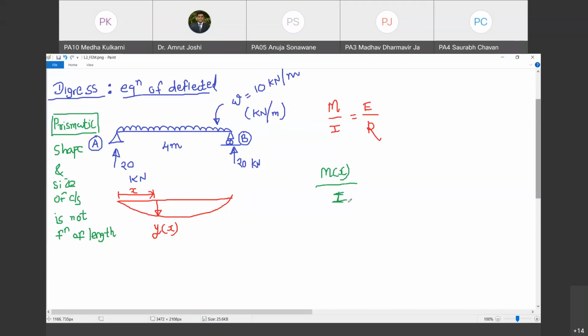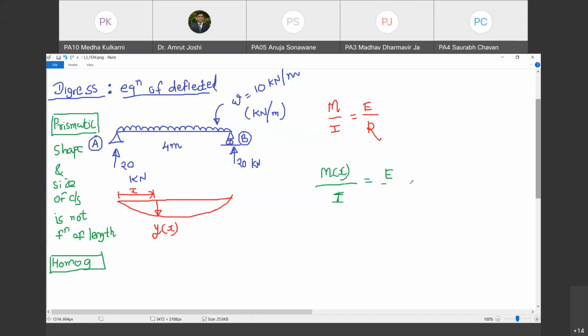I am considering a particular case. I am aware that in reality there may be beams which are not prismatic. In that case, I will have to write I of X. Do you agree with me? Yes, sir. Then what about E? E is a material property, and we assume that the beam is homogeneous. Are you with me? Yes, sir. What is the meaning of homogeneous beam? If I pick up any two molecules anywhere in the beam, they are going to have exactly the same properties. Therefore E is also not a function of X. E is also a constant with reference to X.